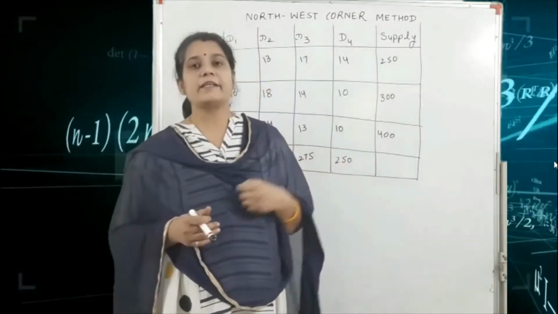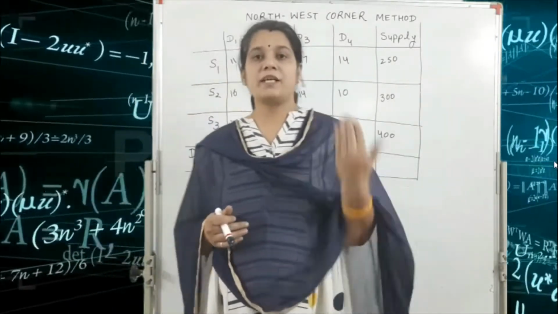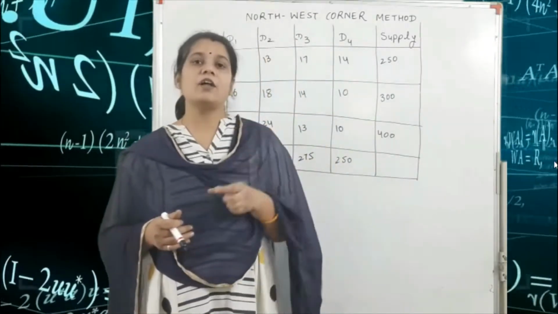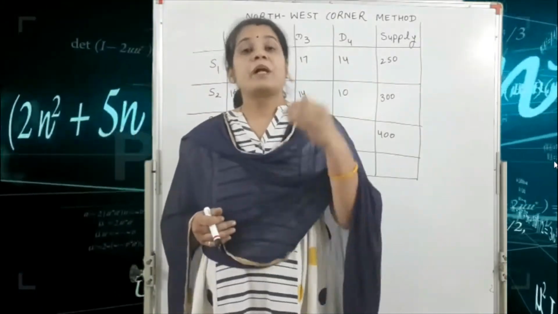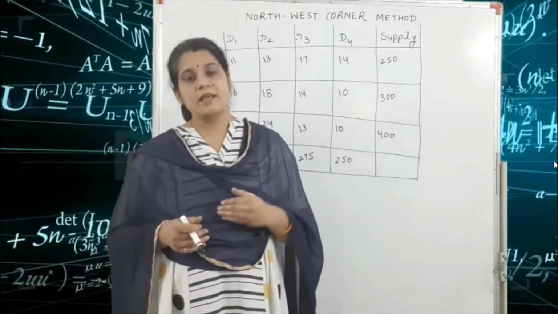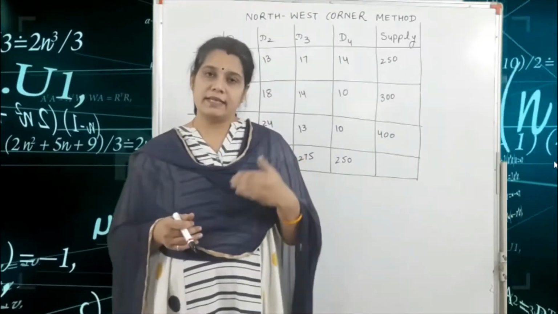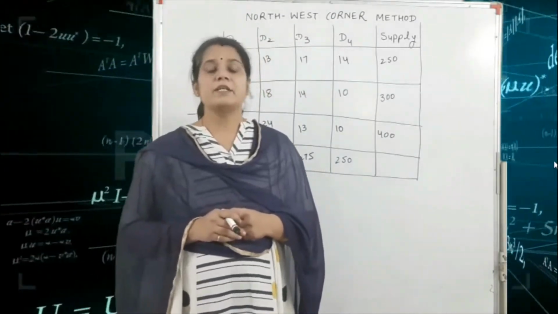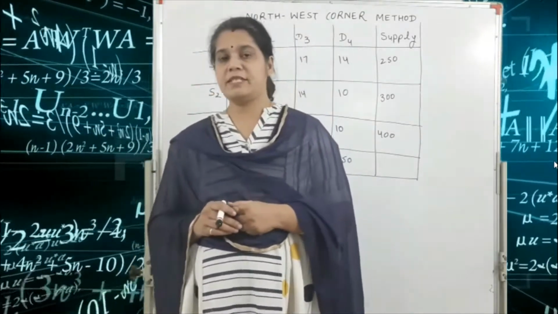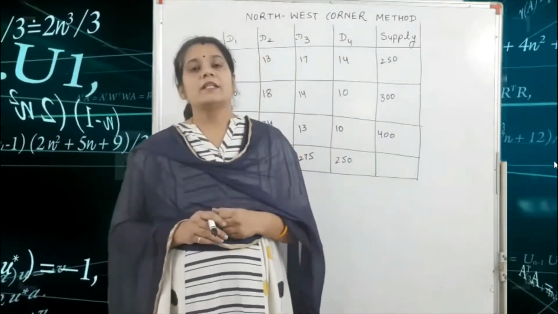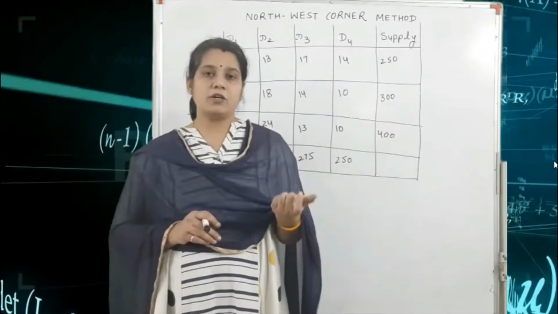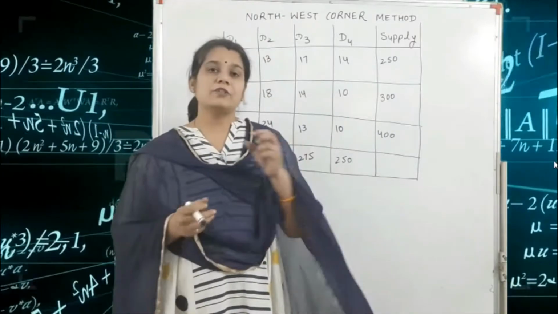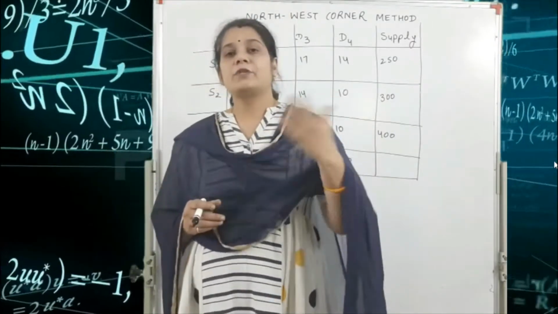Again we check here whether the transportation problem is balanced or unbalanced, because all these methods depend on the balanced transportation problem. That means our supply and demands are equal. Sometimes the question is given in unbalanced form, that means the supply and demands are not equal, then we use a dummy row or dummy column, and with the help of this we make the question in balanced transportation form.